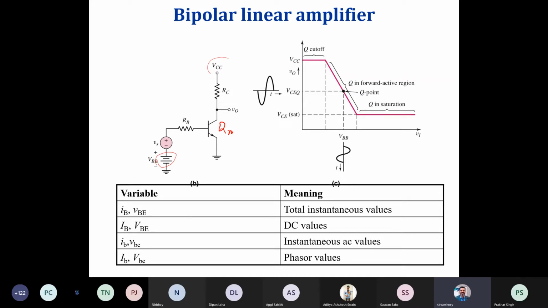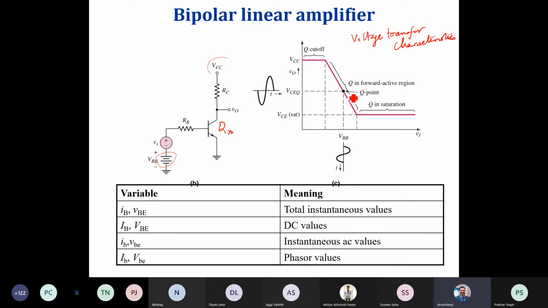If you look at this input and output, we call this the voltage transfer characteristics. So we know that the transistor is off if the input voltage Vin is less than VBE on. Then the transistor is off, and the output is simply given by VCC, which is connected here. So this is your cutoff, and then this is the active region, the sloped region is the active region, and then it enters into the saturation mode.